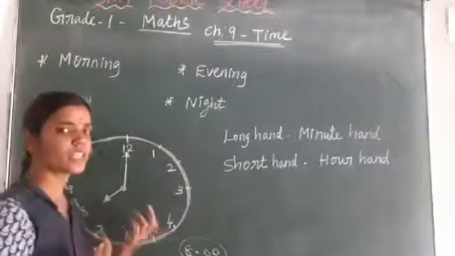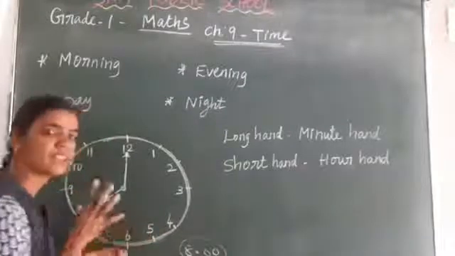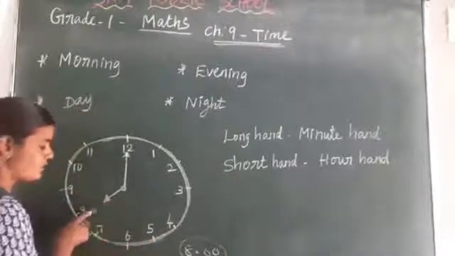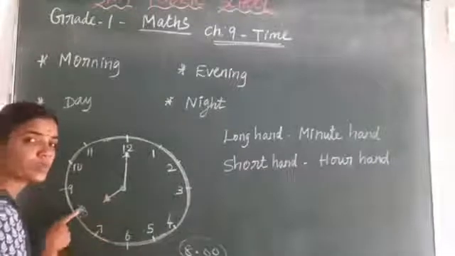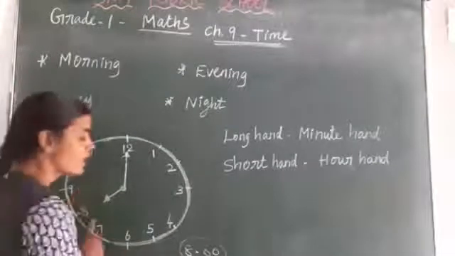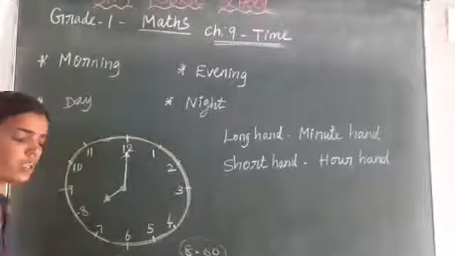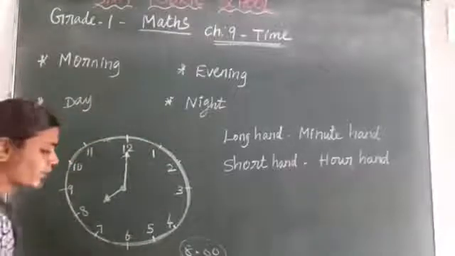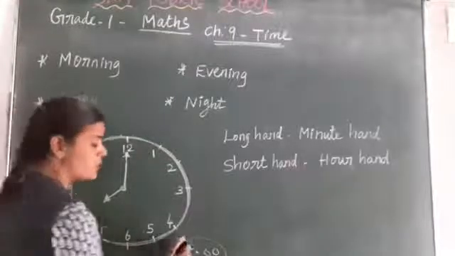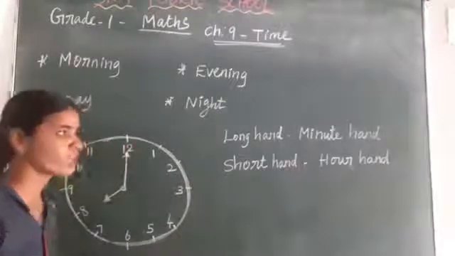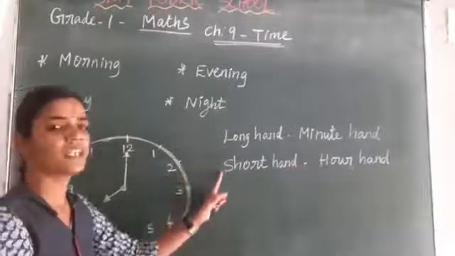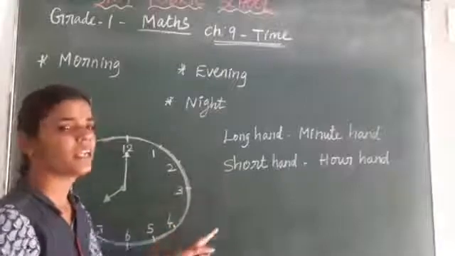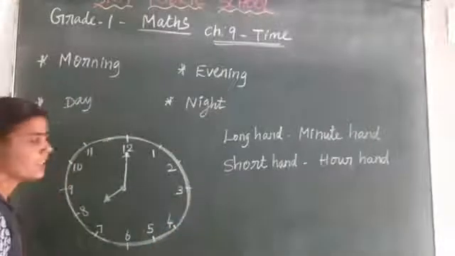You are going to learn all that in second standard. First, how will you see the timings? Which hand shows the time? The short hand shows which number, that is the time, 8 o'clock. So don't write it like this. When writing the time, keep the two dots to separate the minutes and hours. The long hand means the minute hand. The short hand means the hour hand.